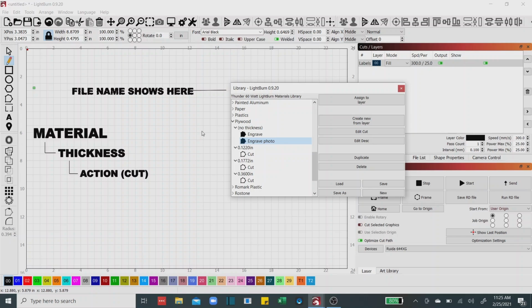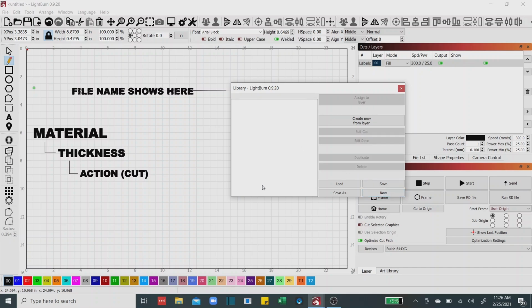The other thing that I will tell you, and this is where a lot of people get into trouble, and I've talked to a lot of people that get confused by this, so I'm going to spend just a few minutes on it. This new button right down here is not to generate a new entry in your library. That's actually to generate a brand new library. So if I click this where it says new,